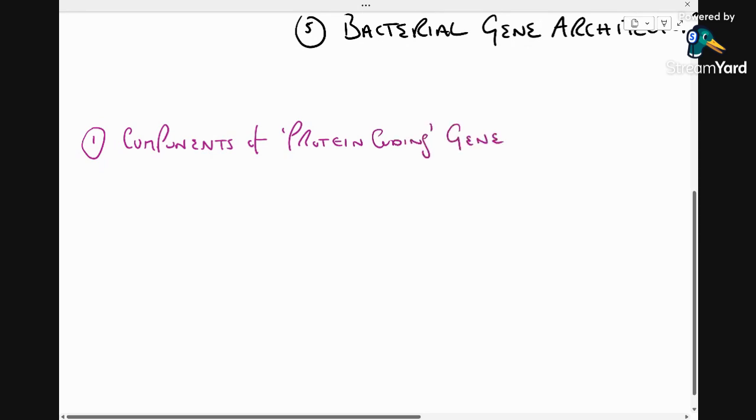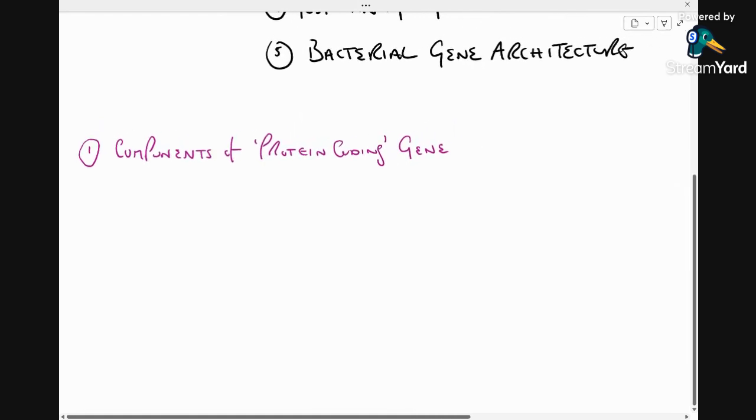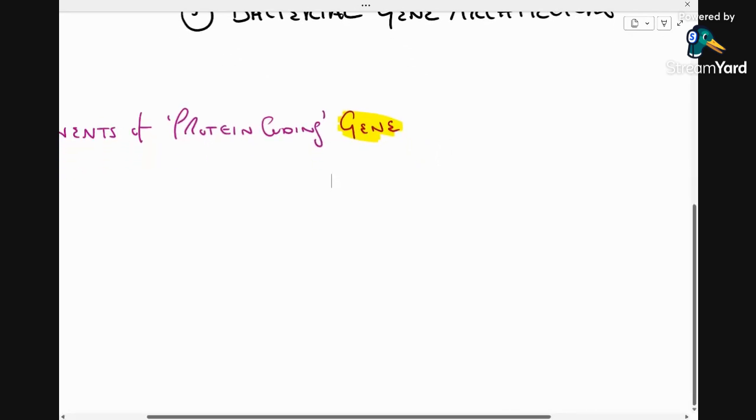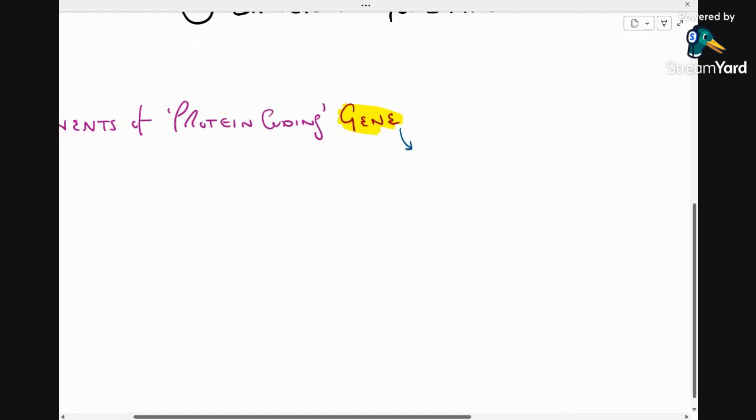And I make the point about protein coding because, of course, at A level, we now know the definition of a gene. Just to remind you, always good to link back to things. I know it makes the videos a little longer, but I feel it's useful to link back to these things. A gene is a sequence